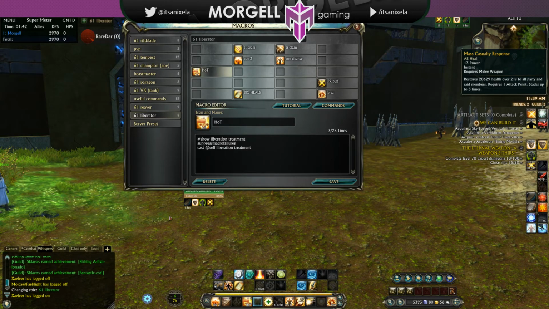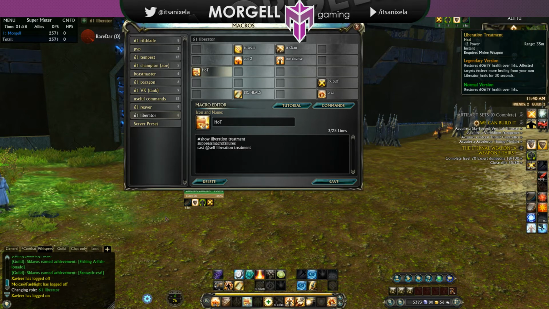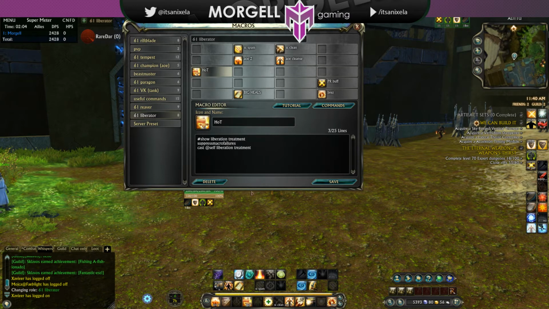Sometimes you're also going to have Group Assistance as your highest. So it's a fight in the HPS meters between Mass Casualty Response and Group Assistance. But this is a very good heal, very good. And I also keep Liberation Treatment up because